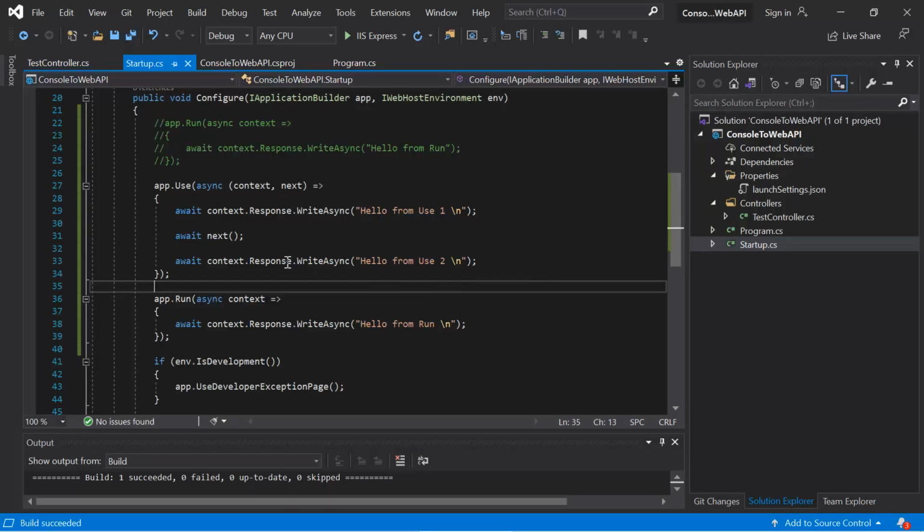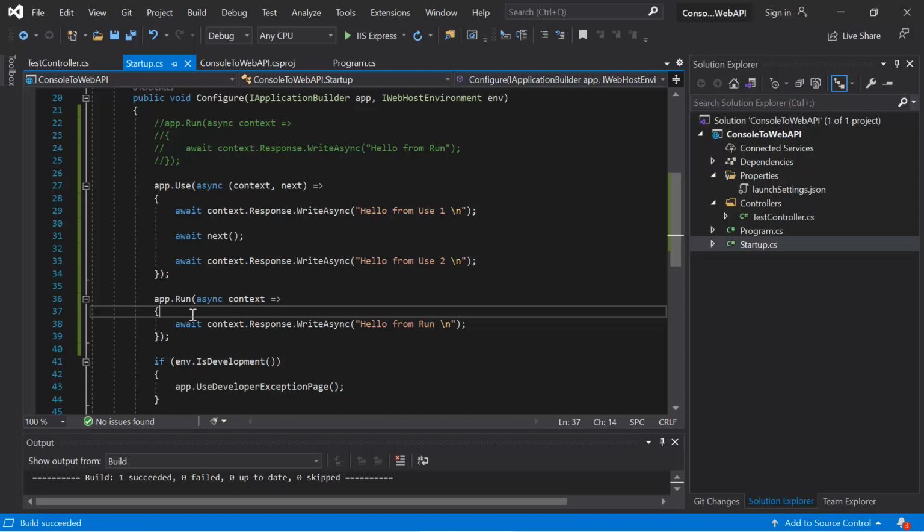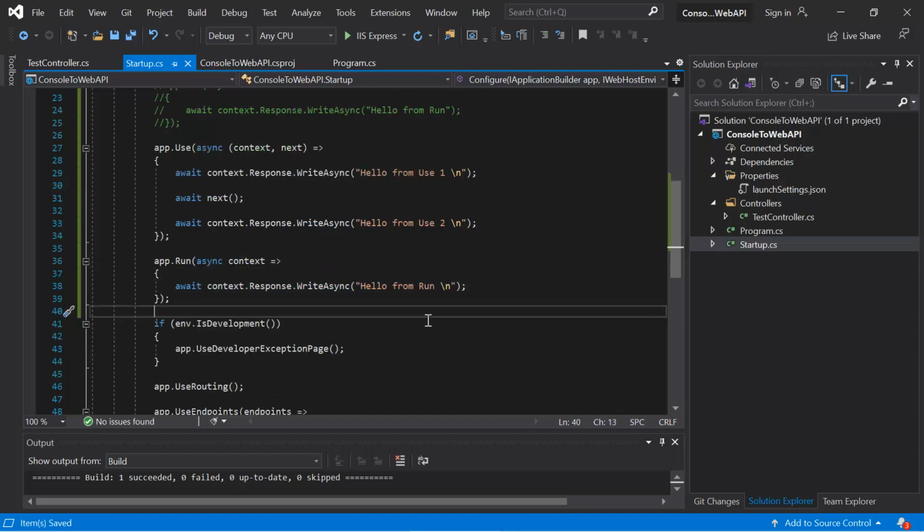So here is the execution. The request will come at this first middleware. Whatever code you have written over here before the next method, that will get executed, and then because of this next method, the request will travel to the next middleware. Here the execution will work, and because this run method is used to complete the middleware, the request again will travel back from this run method to the use method, and here whatever code you have written after the next method, that will get executed. To understand this concept in a better way, let's use one more use middleware.